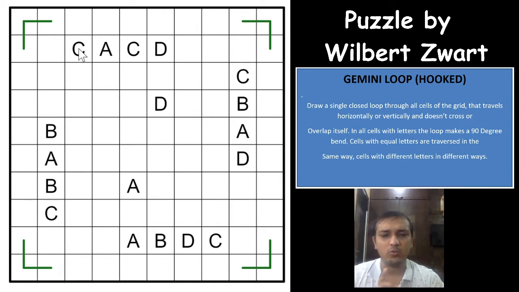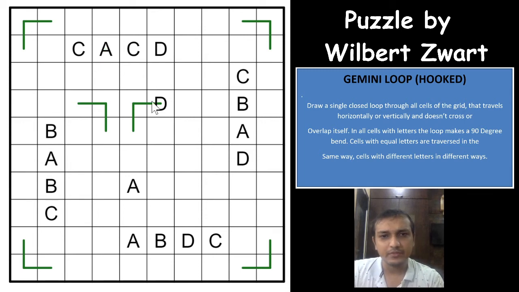Every letter has to go one segment of the loop either horizontal towards the right or left, and one segment of the loop vertical at the top or bottom. So the D will have to go either horizontal towards the right or left and vertical towards the top or bottom, like every letter. There are four orientations, and in each orientation you will have one horizontal line and one vertical line.